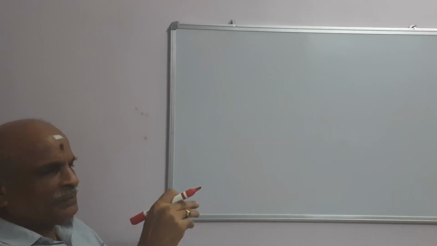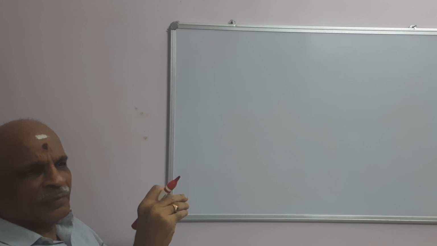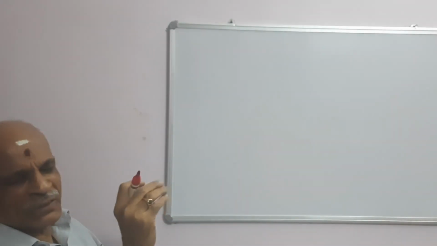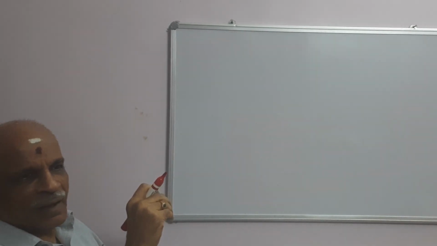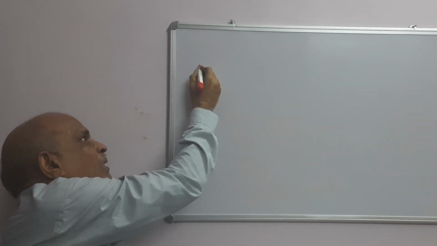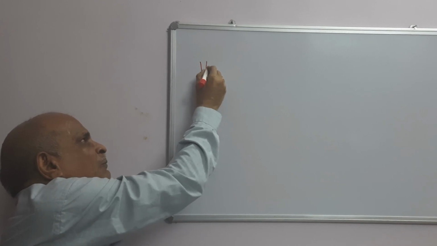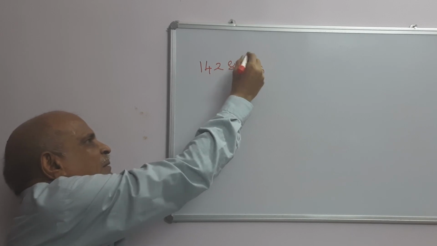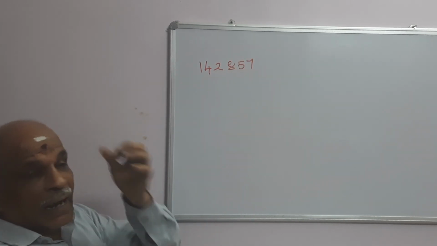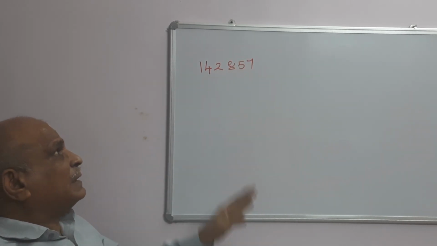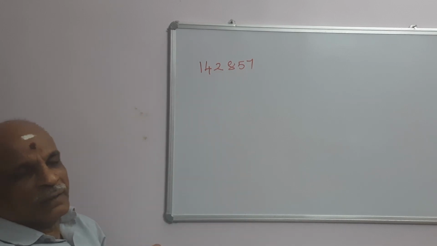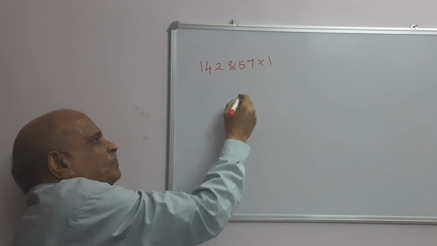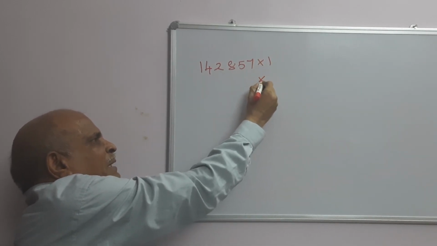Good morning to all. Today we are going to see cyclic numbers, that is 1, 4, 2, 8, 5, 7. If we multiply this number by 1, same. If it is multiplied by 2,